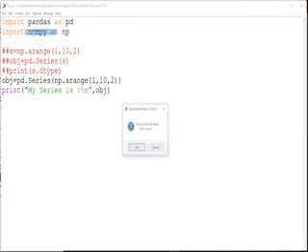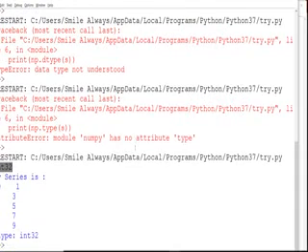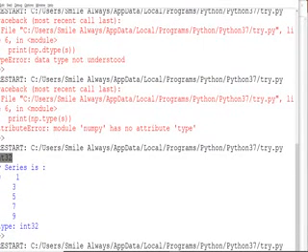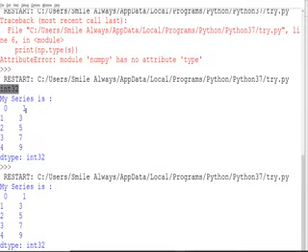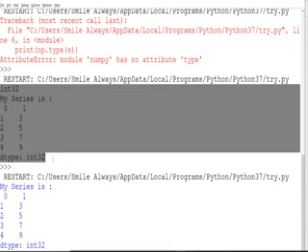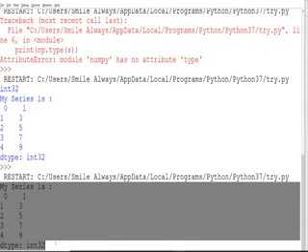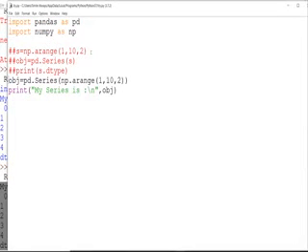Fine, same answer I will be getting because this is nothing but the shortcut. In one line only, I am using both the lines. You can see this one and this one, both are same. So if the teacher is asking, you can say that both of them will work in a same manner.